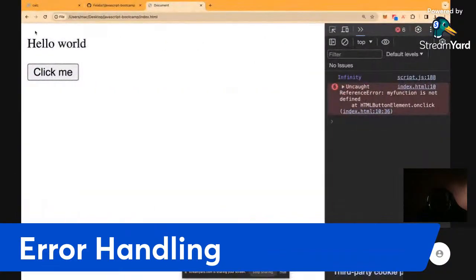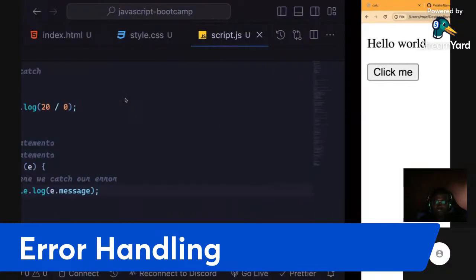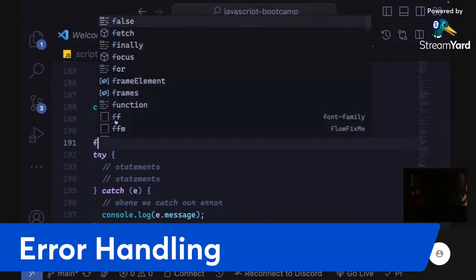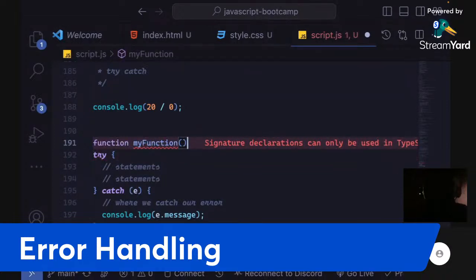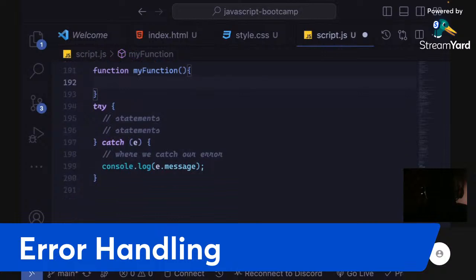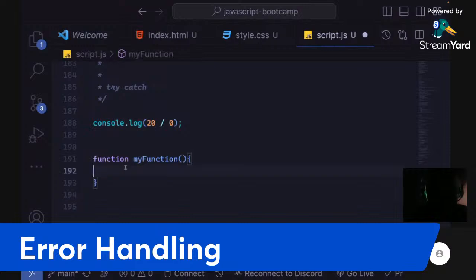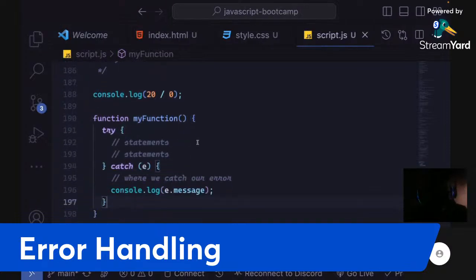What if I say now my function, and after doing that I just insert this one, insert, or something like that, and then